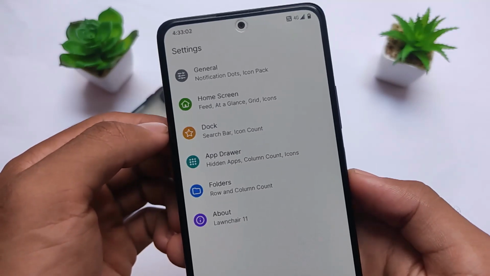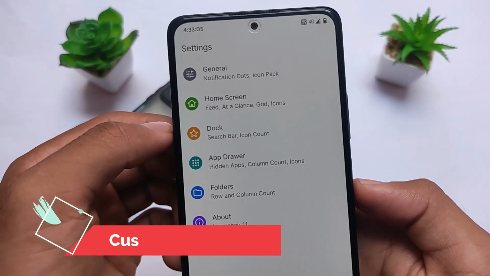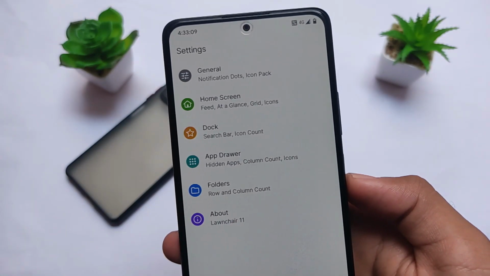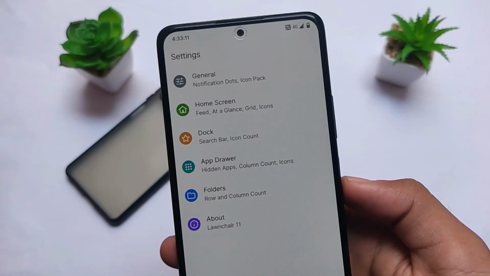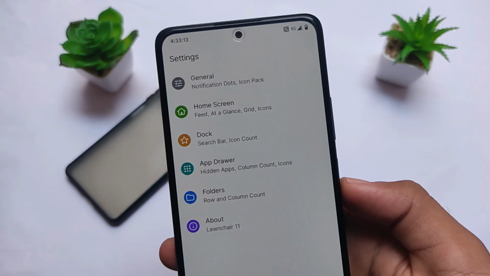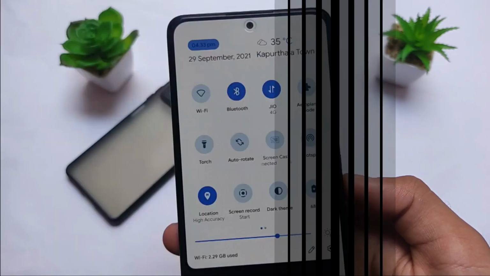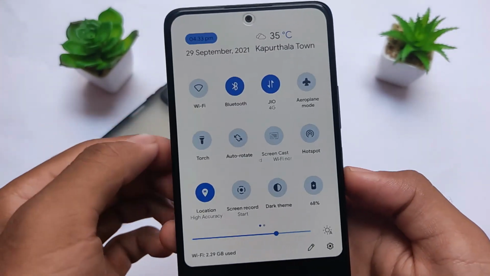In terms of the default launcher, what I saw was the OctaviOS launcher, but I tried replacing it with a custom launcher, and the custom launcher was working fine. I tried Shady launcher, I was having some issues there, so I tried another launcher, and it was working quite good. As you can see, right now I'm using this launcher, which is not having any kind of issues.